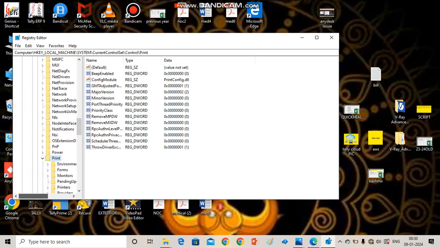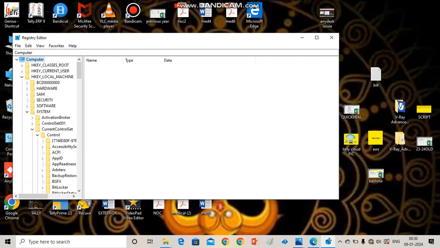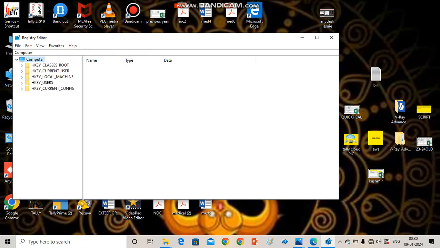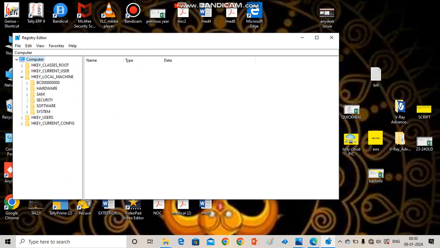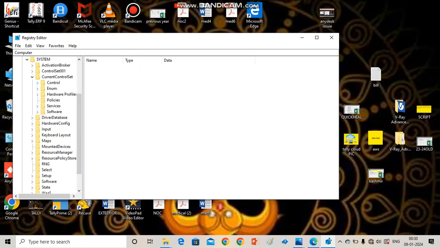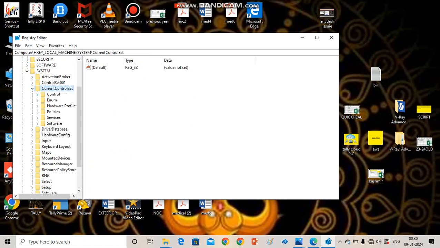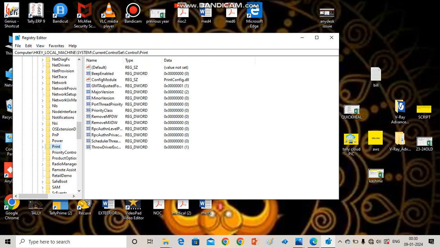In regedit, on the left side you click HKEY_LOCAL_MACHINE, click SYSTEM, click CurrentControlSet, click Control and find the Print option. Double click the Print option and here you write